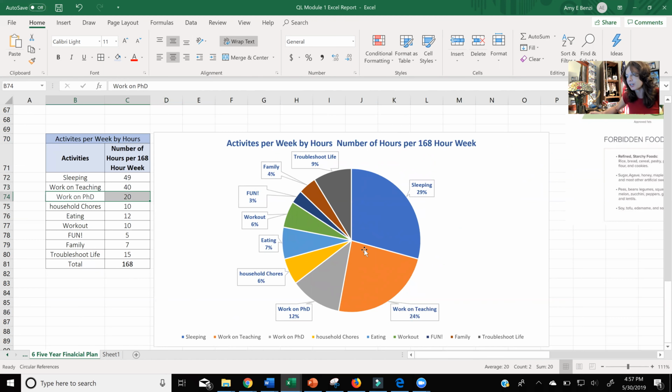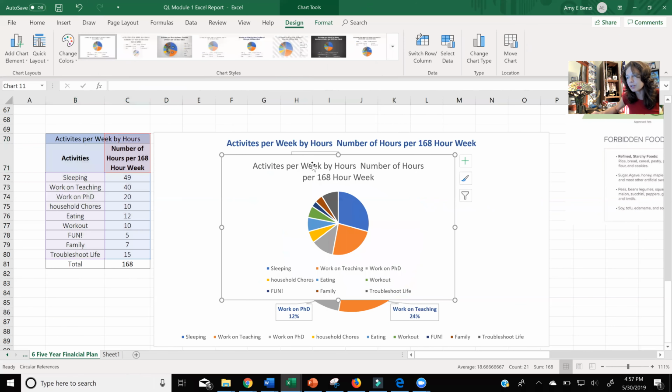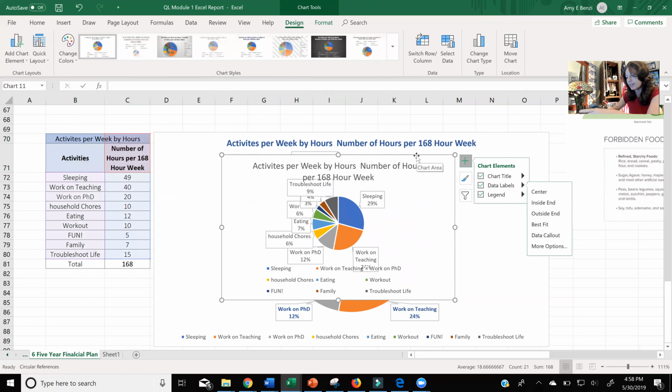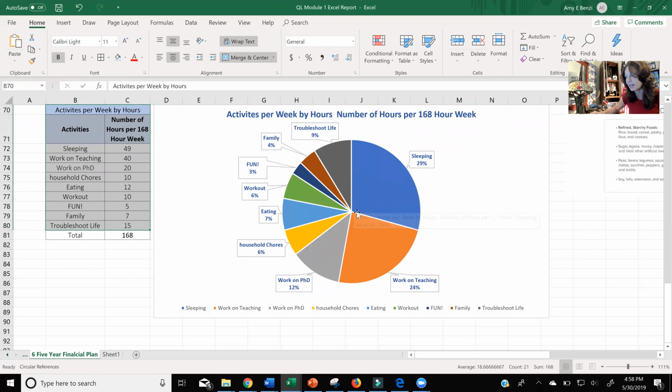And then I created a pie chart for that. And to create my pie chart, I simply choose all of this data. Don't choose the total because the total will mess everything up. So be very careful to just choose just all of that data, and then you just insert a pie chart. And then once you insert your pie chart, you go on and you add your data labels. I really like to do the callouts, and I get all that cool stuff. And then you also want to have all your labels on there. So I added a title and you can see how it looked.